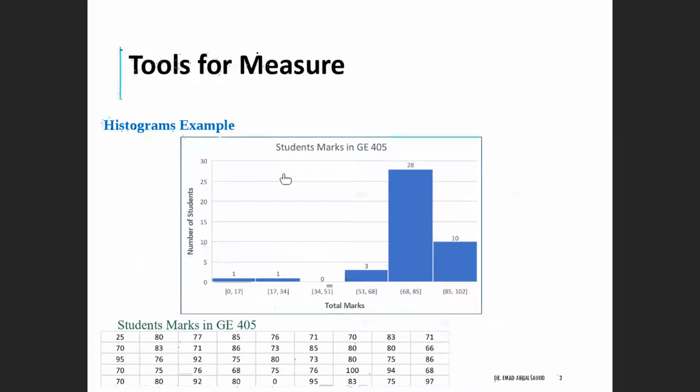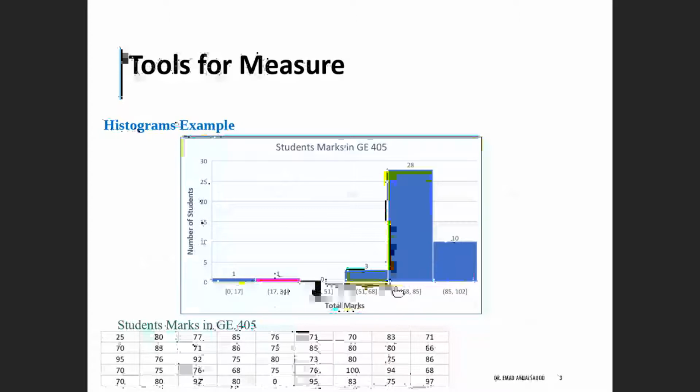An example is given here. This is from a class that I taught last year, GE 405, Engineering Economy for the College of Engineering. And those grades were achieved by the students. Imagine comparing how the values and total marks look here in the table to the graphical representation of the histogram. In the histogram, I can easily see that the majority of the students, first, passed the class. The majority of grades are placed between the D plus and B plus,